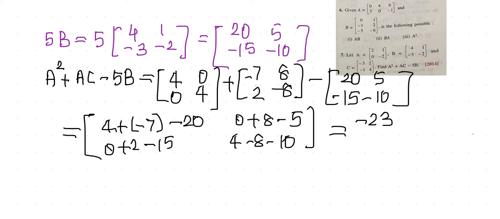Okay, so here one more thing, students. Here you have 0 plus 2 and then minus 15, so this turns out to be plus 15. And then here you have 0 plus 8 minus 5, right? And then 4 minus 8, it will become minus 10 is plus 10. So this is 17. Then 8 minus 5 is 3 and 4 minus 8 is minus 4 and plus 10 is equal to 6. So this is the answer that you are getting.